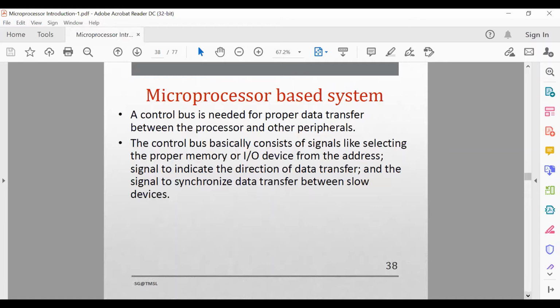The address on the address bus can locate a specific memory or IO location. After selecting the location, the data transfer between the memory and the processor, or between the input output device and the processor, is done through the data bus. And the width of the data bus determines the data size that can be transferred.